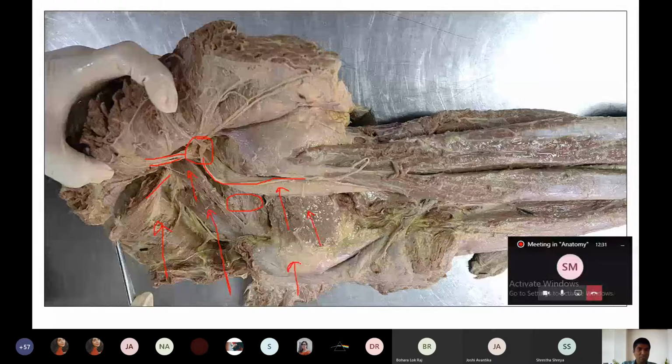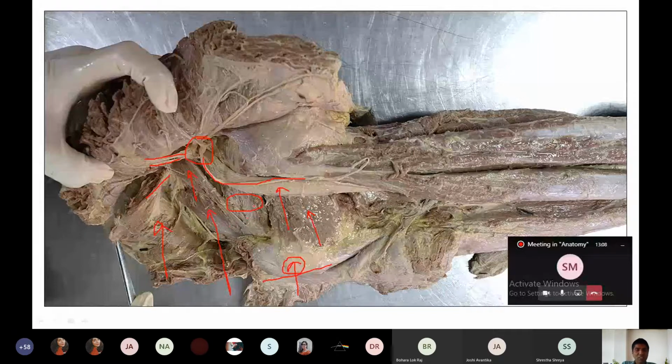And sometimes we'll even point here, what is this structure? Some of you can tell, can you identify this structure? What is this structure which I am pointing, and I'm circling also? Some of you who can give the answer, you can share your answer. What must be this one? Can you identify? No? See here where it is present, and what structures are attaching here. On that basis, you can guess. It's present laterally.